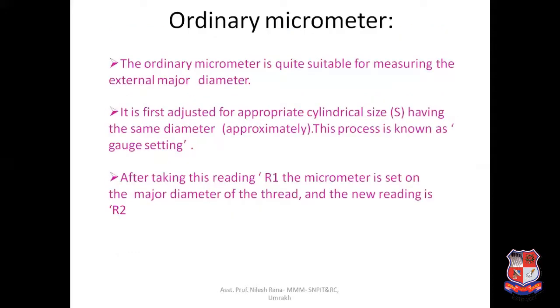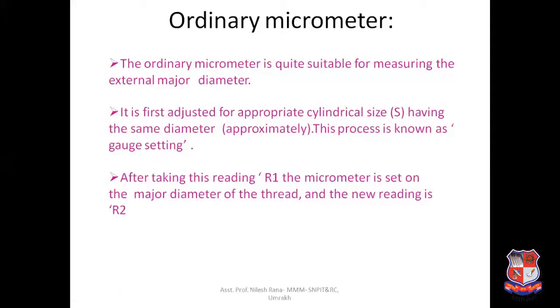Now, first with the help of the ordinary micrometer. The ordinary micrometer is quite suitable for measuring the external major diameter. It is first adjusted for an appropriate cylinder size having approximately the same diameter, and this process is known as gauge setting. It means in this practical we will use slip gauges,